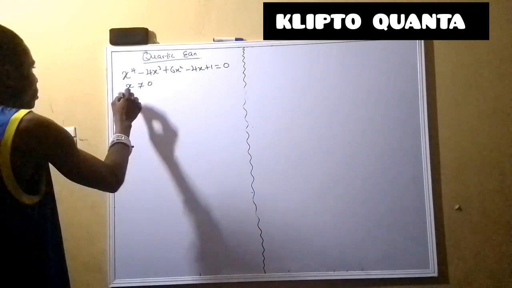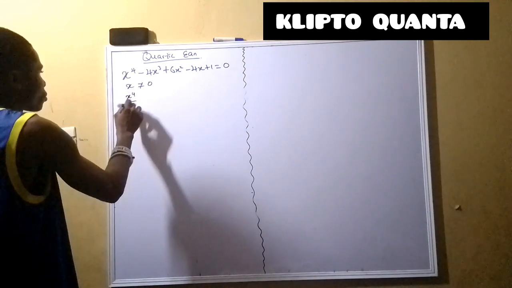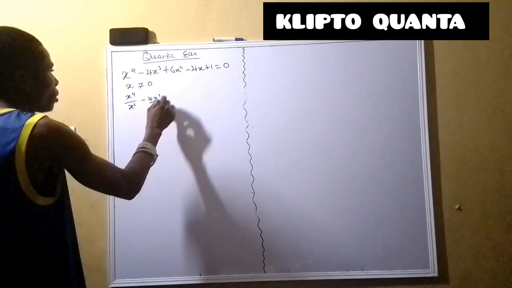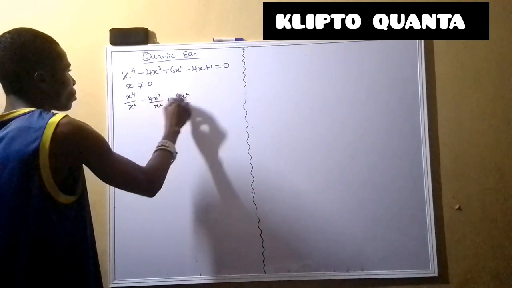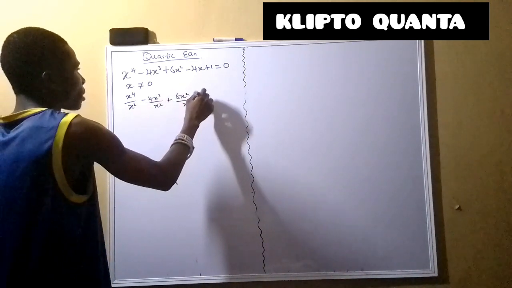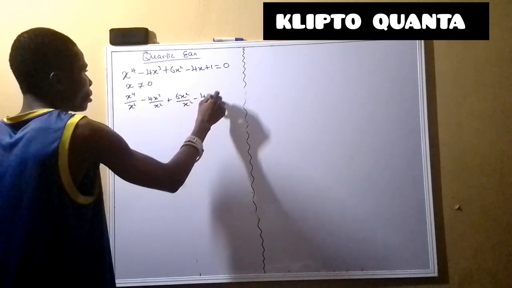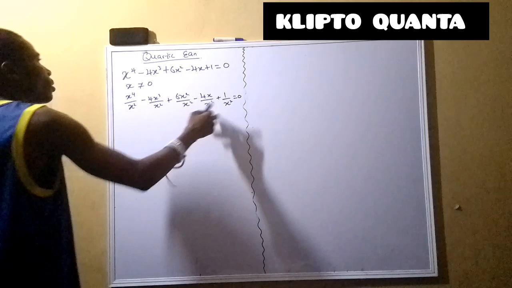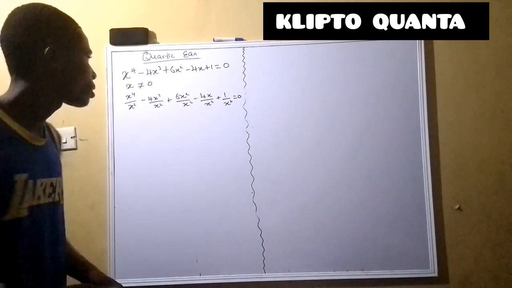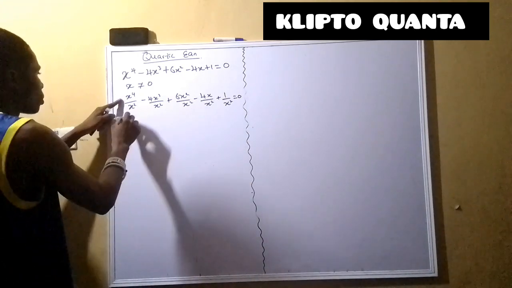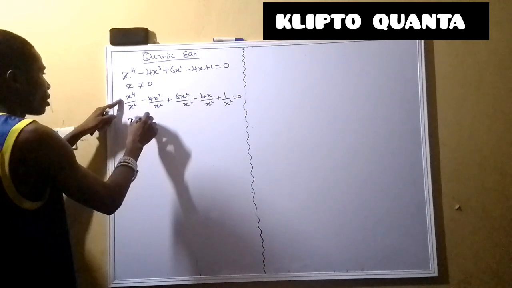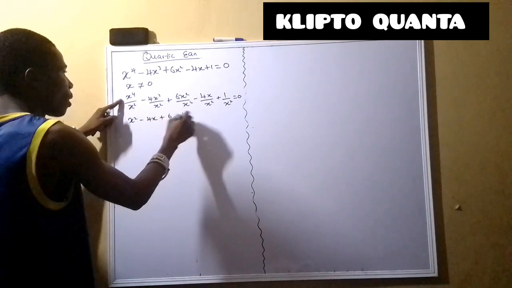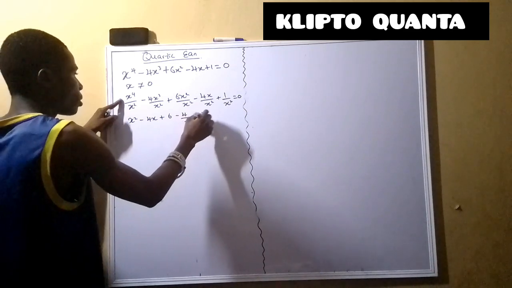squared. That is x raised to the power 4 over x squared, minus 4x cubed over x squared, plus 6x squared over x squared, minus 4x over x squared, plus 1 over x squared equals 0. Now guys, moving on to this, this gives us x squared minus 4x plus 6 minus 4 over x plus 1 over